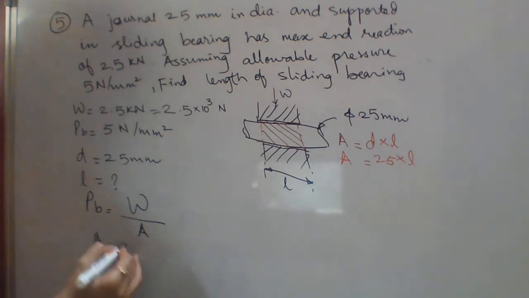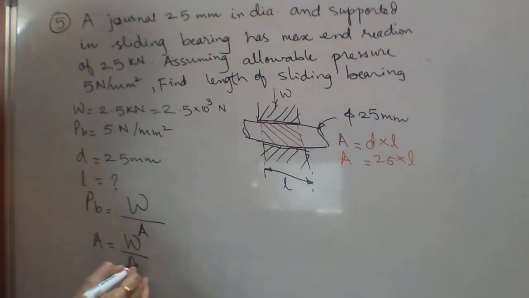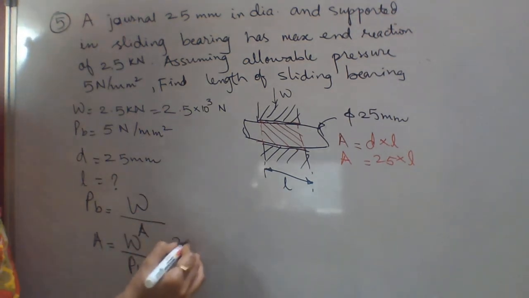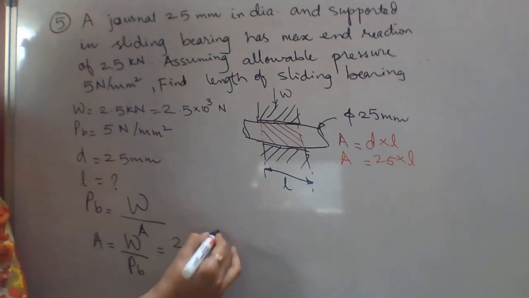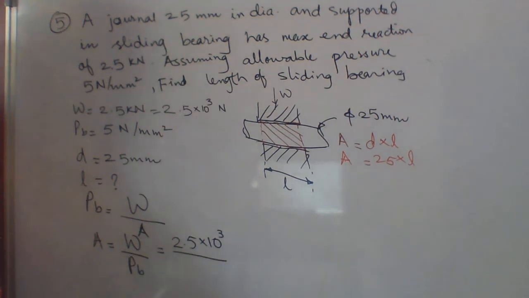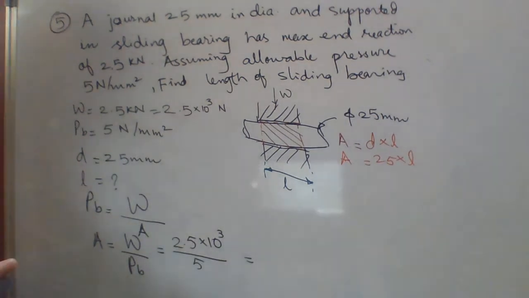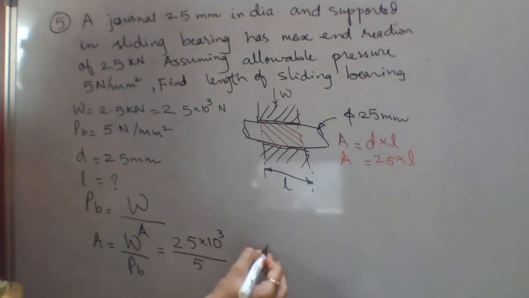Area will be equal to W upon bearing pressure. Now W is 2.5 into 10 raised to 3 upon allowable bearing pressure, which is 5. Area is 2.5 into 1000 divided by 5. Area is 500